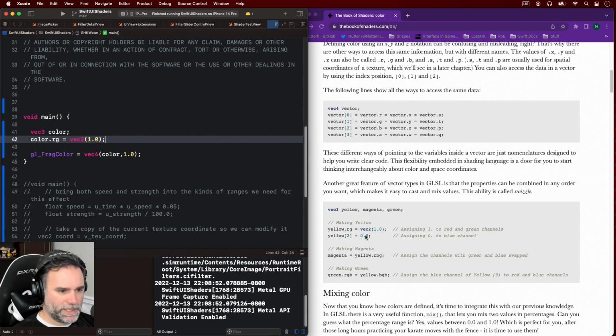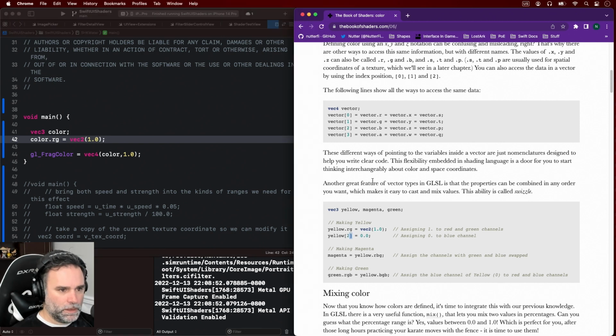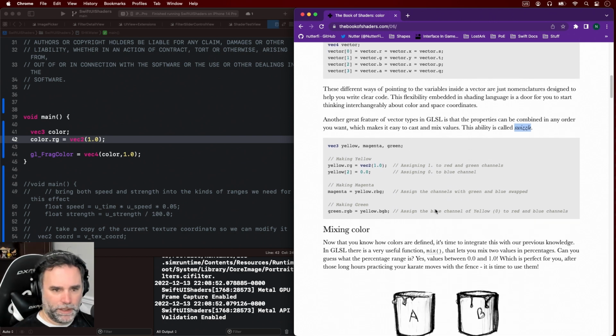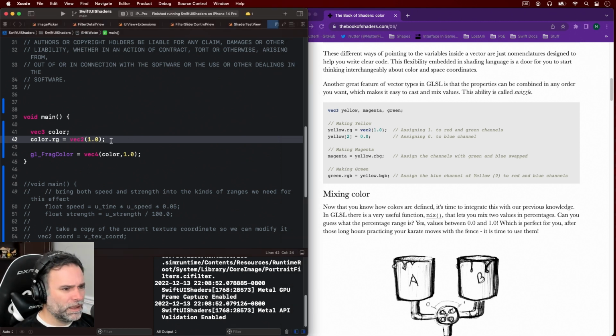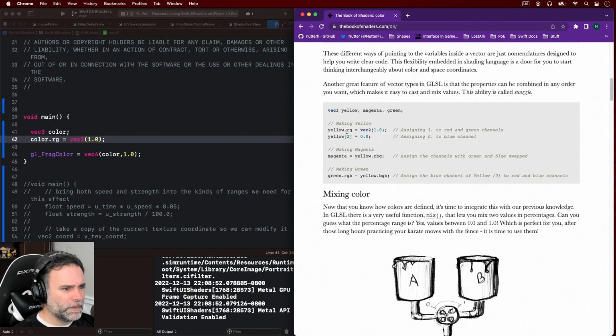Do we have to assign 0? This is called swizzling in GLSL. Okay. Making magenta, yellow.rbg. Assign the channels with green and blue swapped. Wait, what? So instead of RGB, it's RBG. So you're switching. So now it's 101